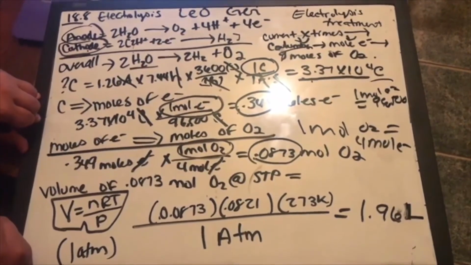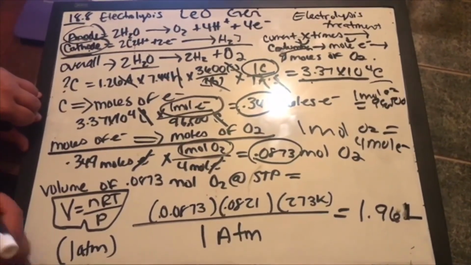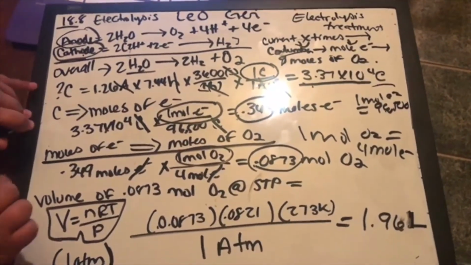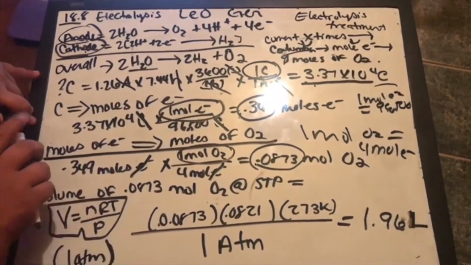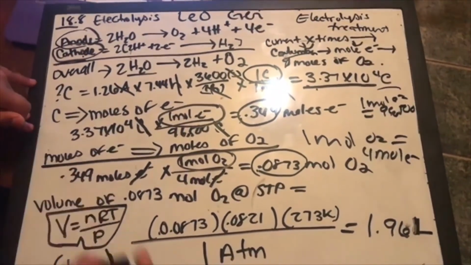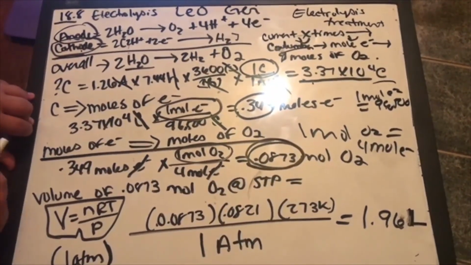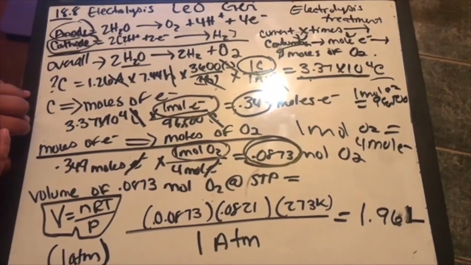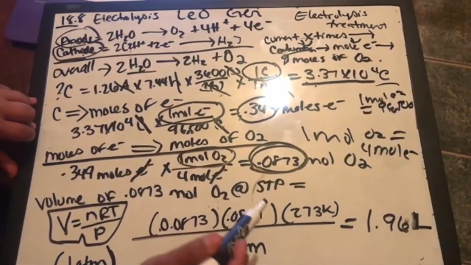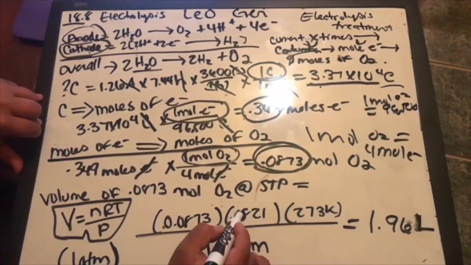That obviously varies if you have atmospheres or torrs or any other unit, but here we are using atmospheres. So we're going to use our moles of oxygen, and the 0.0821 liter atmospheres per kelvin mole,